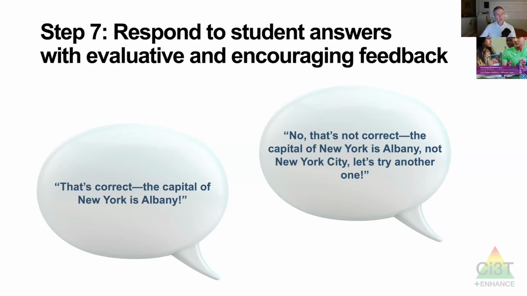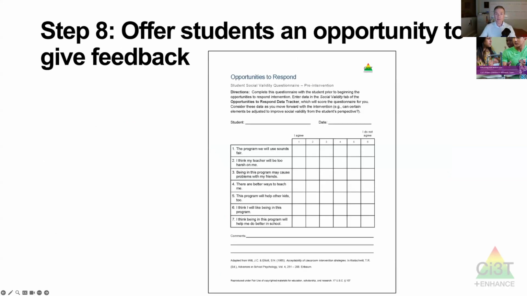And then if it's wrong, I say, oh, looks like we didn't get that one. Or if it was an individual, it's like, nope, the capital of New York is not New York City. It's Albany. What's the capital of New York, everybody? Now it's a choral response. Albany, great. So I can be mixing and matching as I'm responding to everybody's response, giving them the feedback.